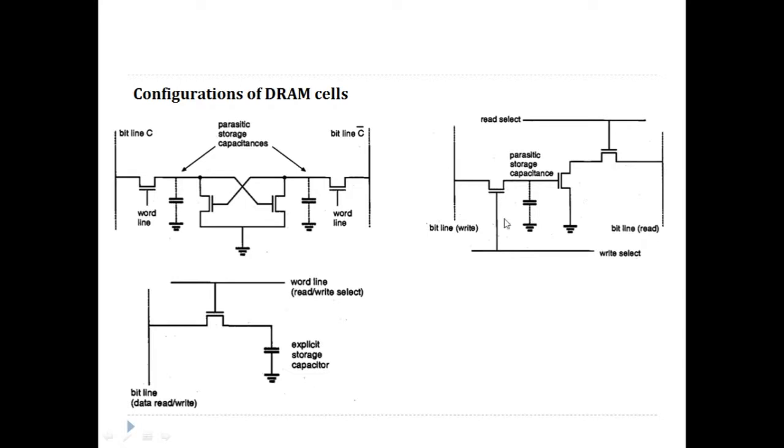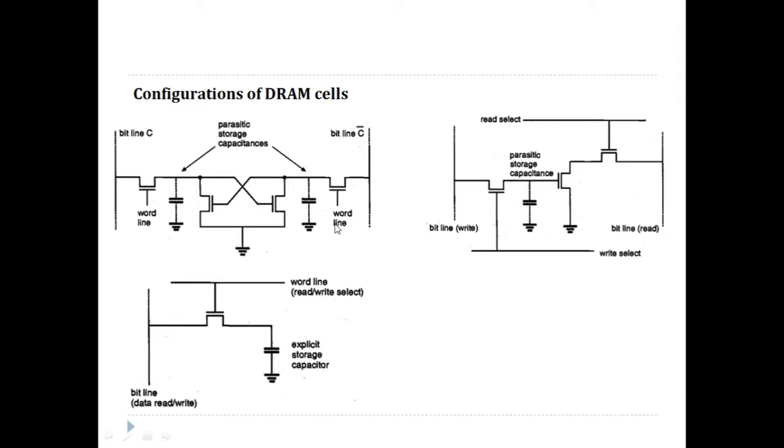After this, it was again used in the implementation of DRAM cell, but then it evolved into another circuitry or configuration which has only one transistor and one capacitor. And if you observe here, it has only two lines. One is for read or write, that is for access, and the second is for data input or data output. So with the use of this, the requirement of area got reduced drastically as compared to the 6T SRAM cell. So this is a popular configuration for the implementation of DRAM cell.